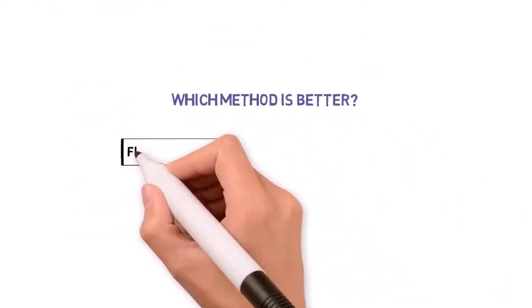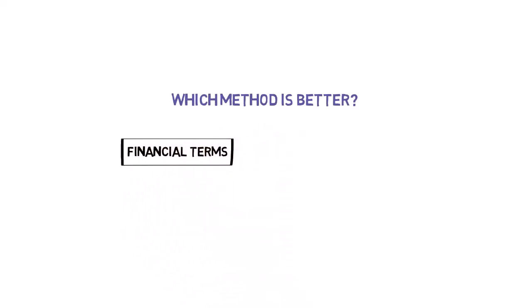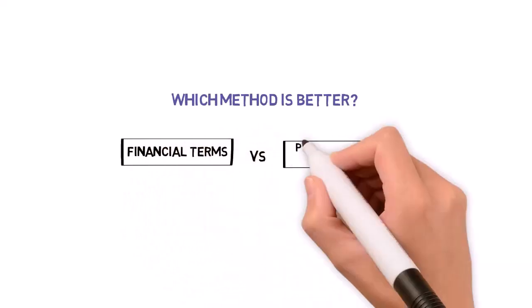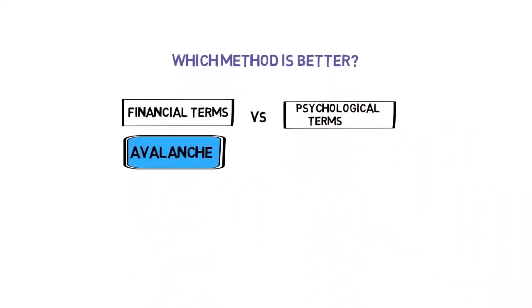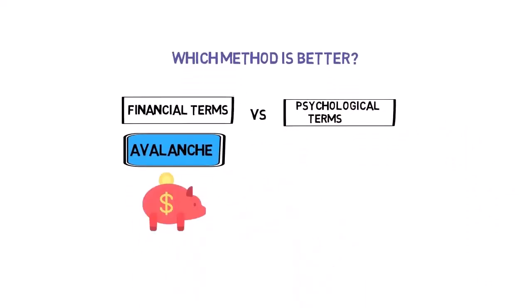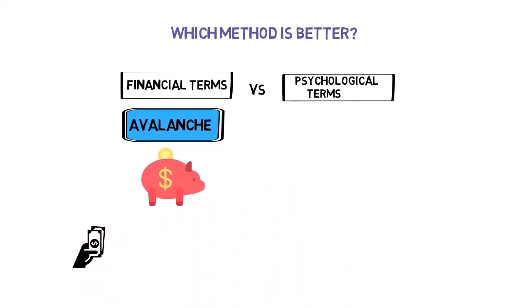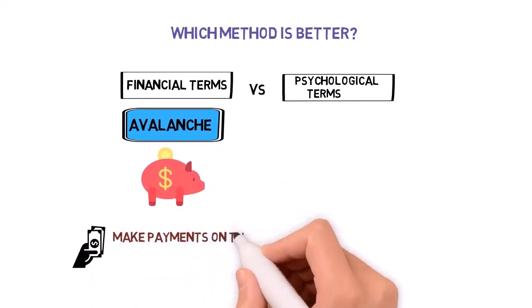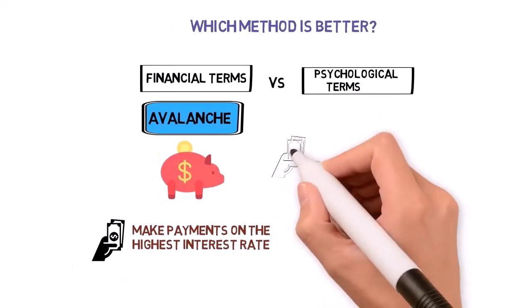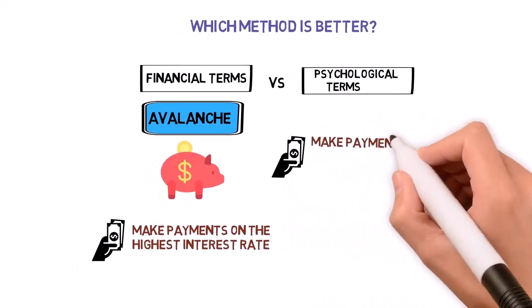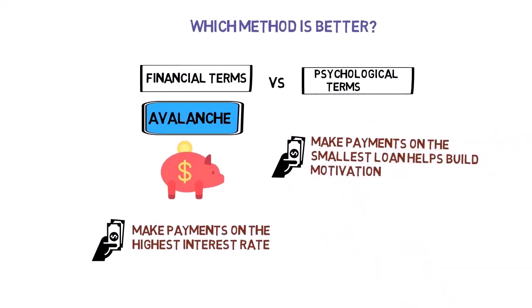Which method is better? Whether a debt snowball or a debt avalanche is better depends on whether we are speaking in financial or psychological terms. A debt avalanche is preferable in terms of saving money. Because it requires you to pay off debts depending on their interest rates, the most expensive ones first, which ultimately leads you to spending less in interest. Some people find that paying off lesser bills initially, regardless of interest rate, makes it much simpler to stay motivated. It all depends on what drives you.